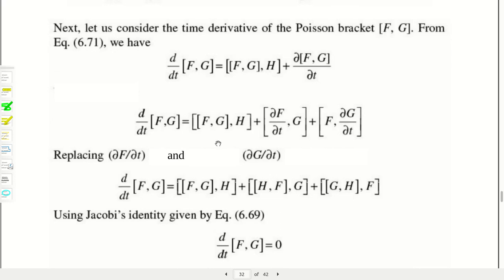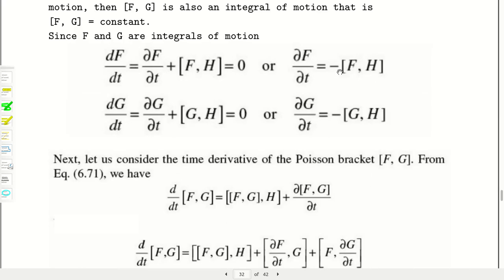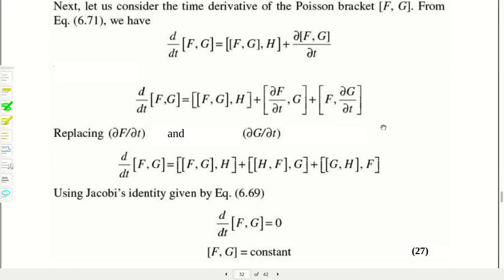Now again proceeding, in place of ∂f/∂t you can put minus the Poisson bracket of f comma H, which is equal to the Poisson bracket of H comma f, because if you reverse the order of the Poisson bracket, this will give you a minus. So minus minus is plus. Similarly, in place of ∂g/∂t, one can write the Poisson bracket of H comma g. So these things have been written there.